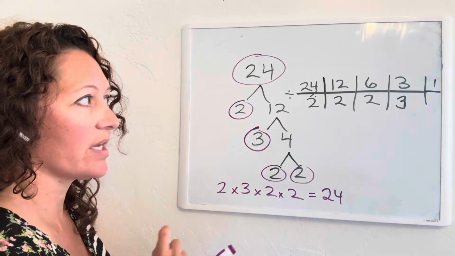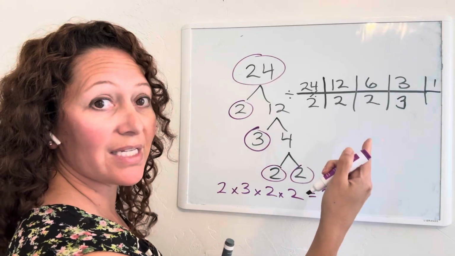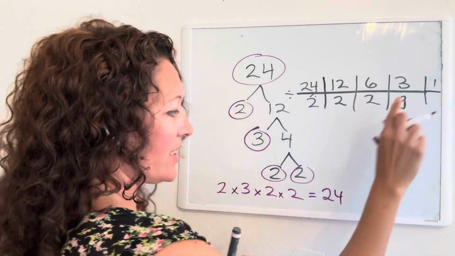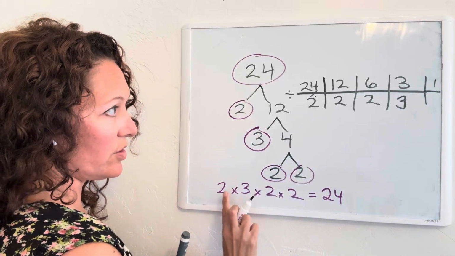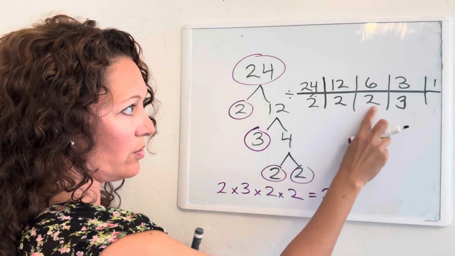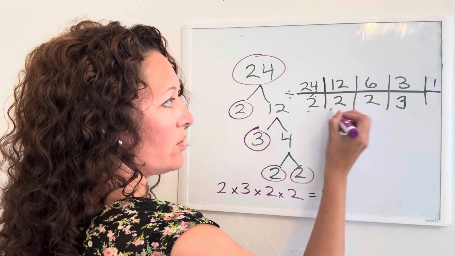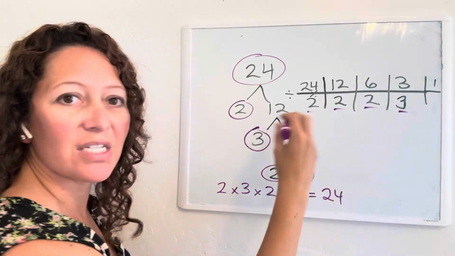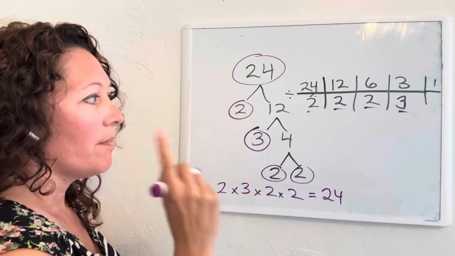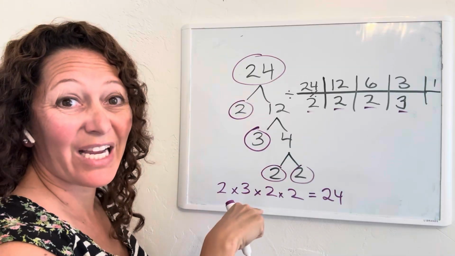There we go. Okay, so that's doing it correctly. And so then you can see, laying it out this way, you're still getting to 2, 2, 2, and 3. So you still got to those prime values. It's just a different way of writing it. My brain works better when I make it like a tree.